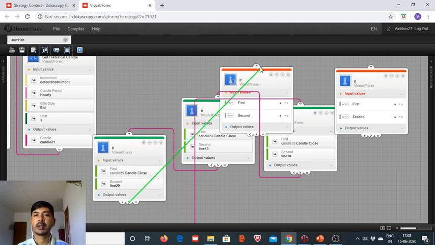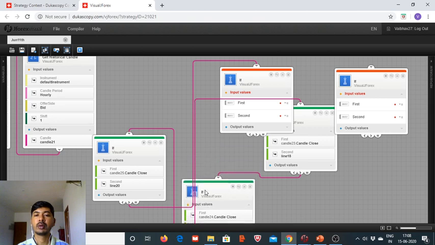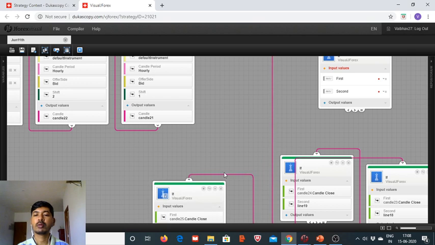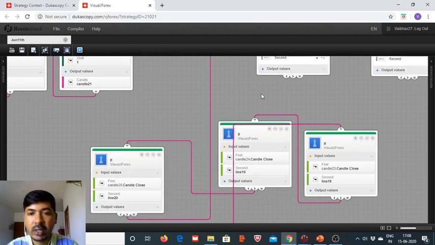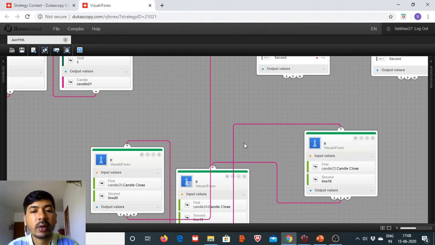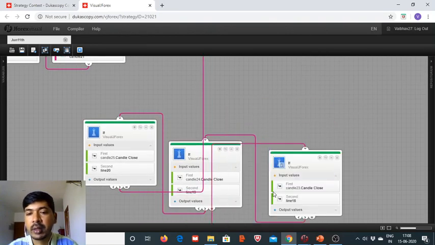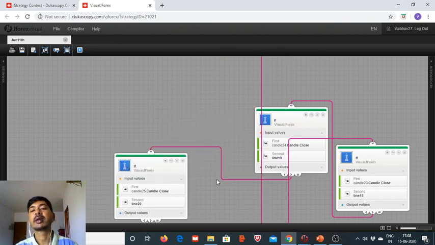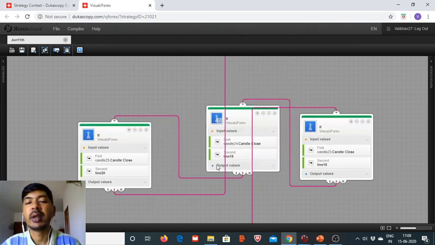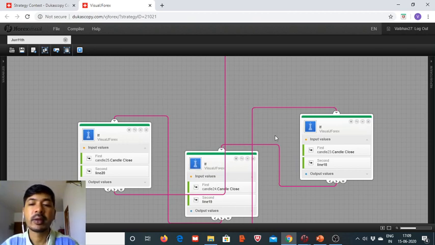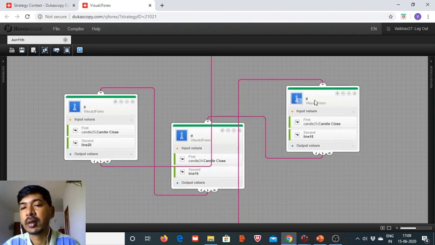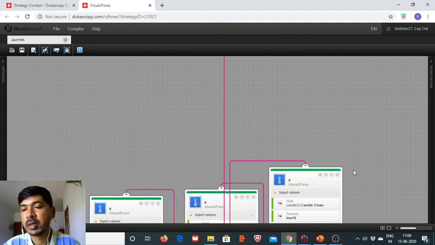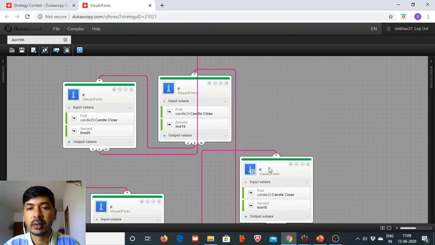First input greater than second input, and in those two if blocks we will need to do the comparison on the 1 minute time frame. We will be looking at the last 2 minutes closing levels. As and when the price action starts to fall below the last hour's candle closing level, we will initiate the sale trade. So that is